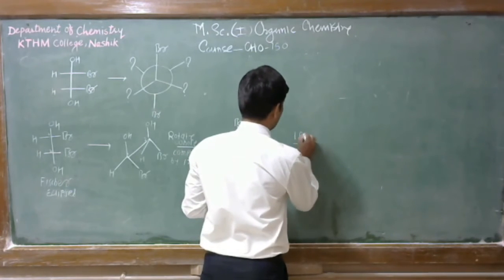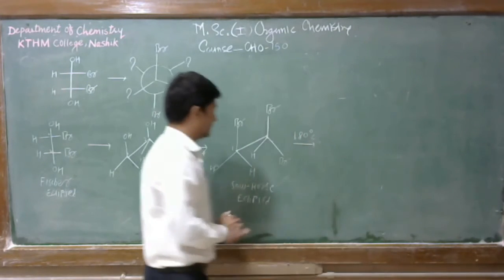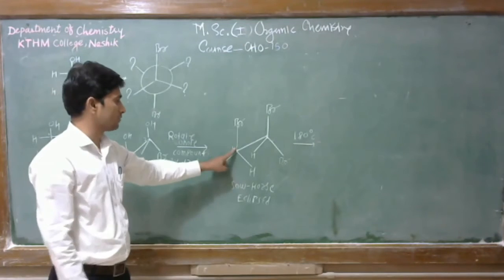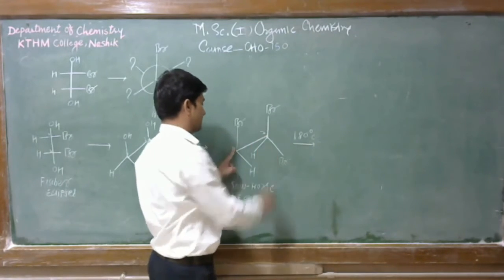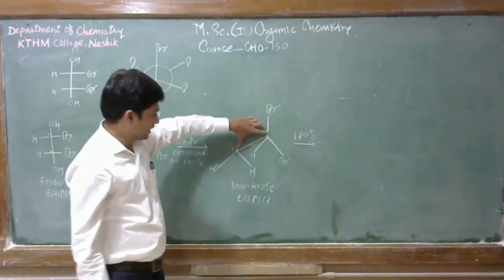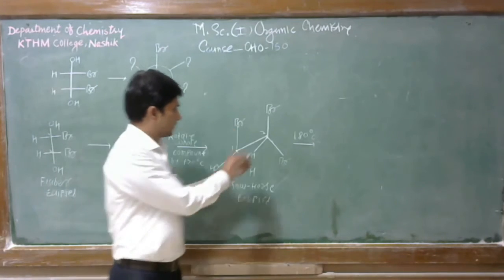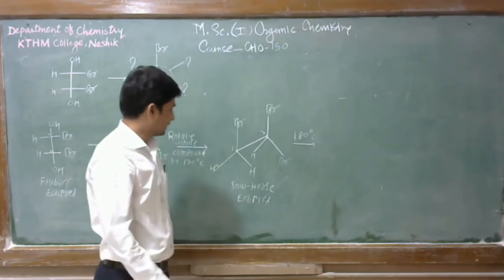Therefore, now we have to rotate the carbon-carbon single bond joining carbon number 1 and carbon number 2. This bond we have to rotate by 180 degrees,